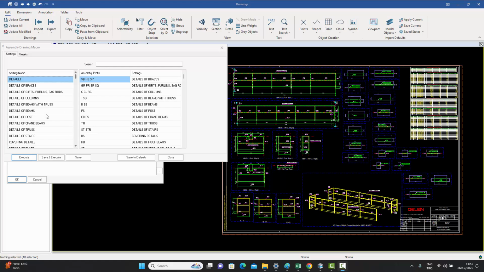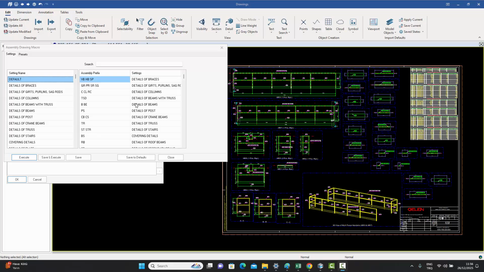You can create as many as you want, by right-clicking, creating a new row and giving a new name for the setting. And then you associate the assembly prefixes, whichever ones you want, with any one of those settings on the left. So when you create a drawing, automatically COMOSYS will check the assembly prefix and then find the corresponding setting,